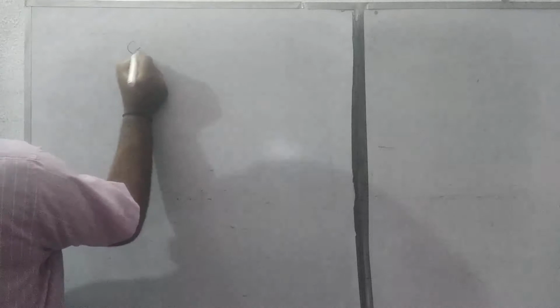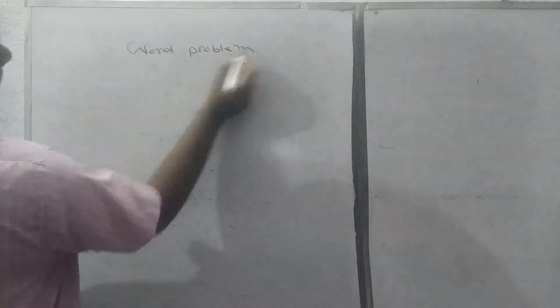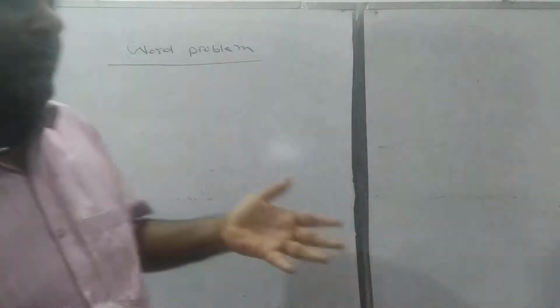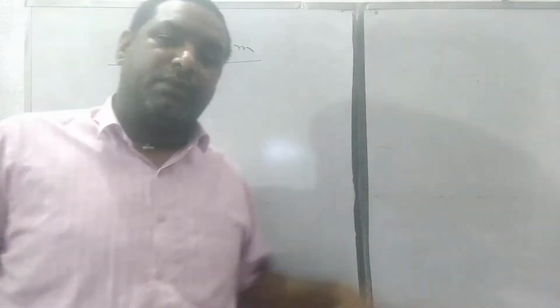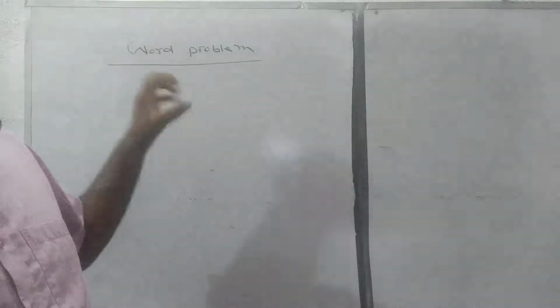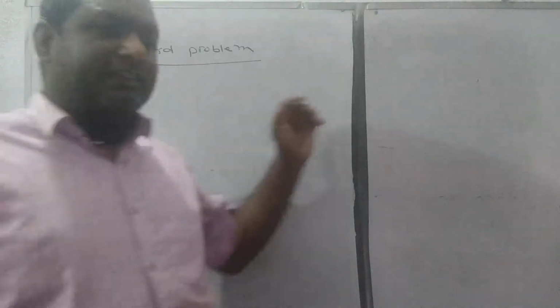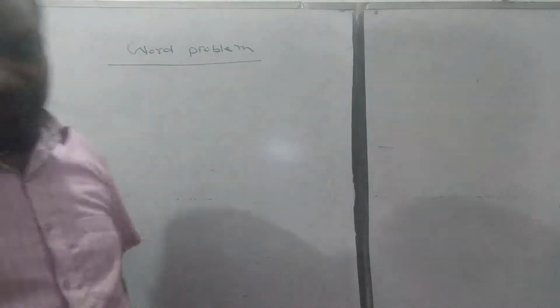Now, last but not the least, the type of question is the word problem. Word problem means the situation is given in terms of sentences, and we use our brain to convert those sentences into the three variables x, y, z. And once you find the system of linear equations, then you can proceed accordingly as in the first type of question.